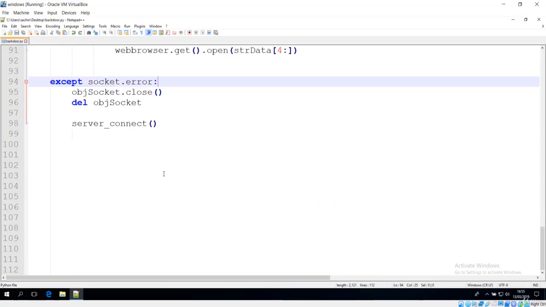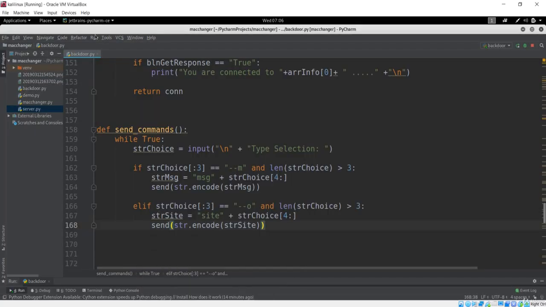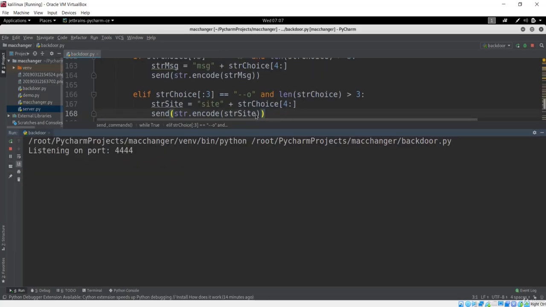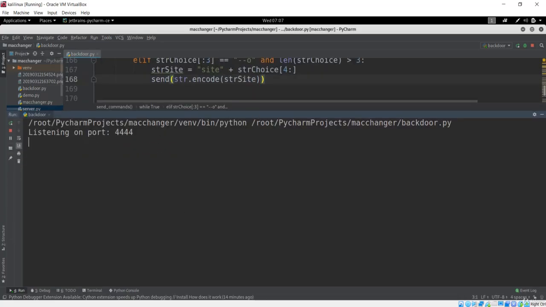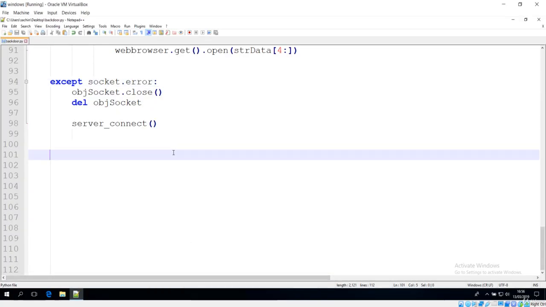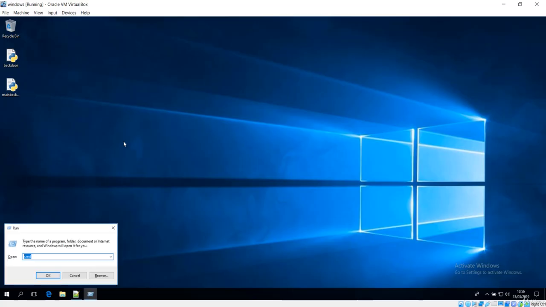Let's save this first, and go back to Kali Linux and run this listener first, that is the backdoor. I'll say stop and rerun. It is listening on port 4444. Let's save this file first. Let me close this and run my cmd again.